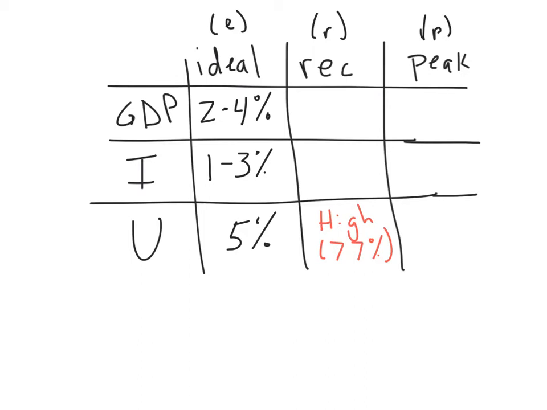Because there's a lot of unemployed workers, we're going to notice that for the most part, GDP is going to be low or negative. So it's going to be much lower than that target rate. So it's either going to be low or negative. And a lot of times because people lose their jobs, fewer people working is going to mean less production, so GDP falls oftentimes in a recession.